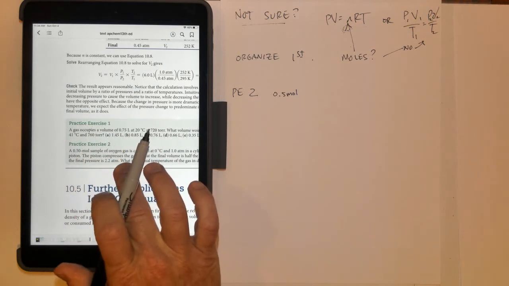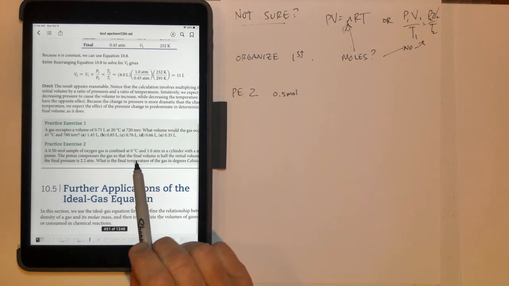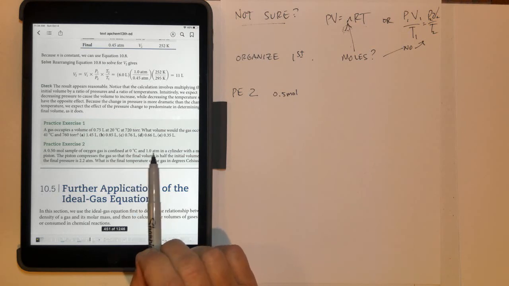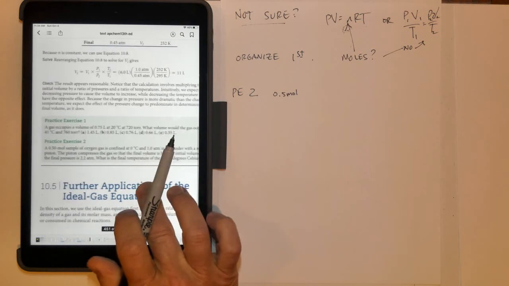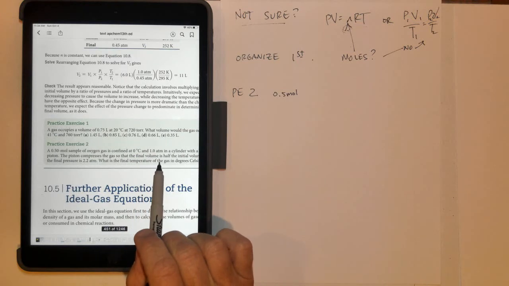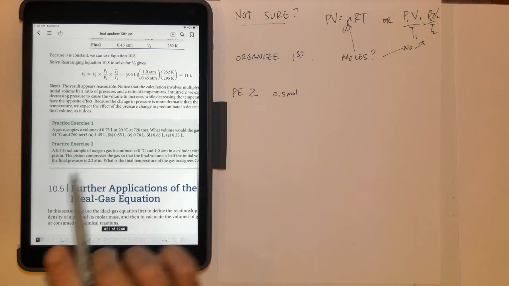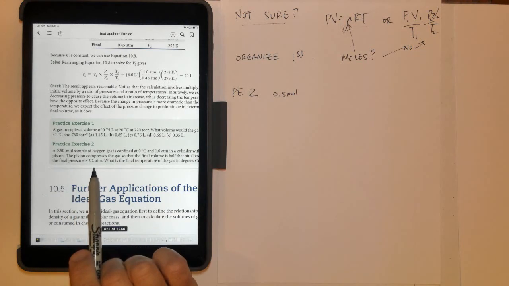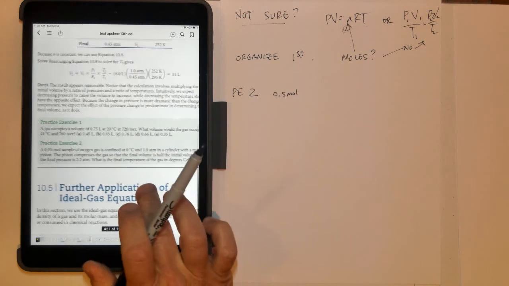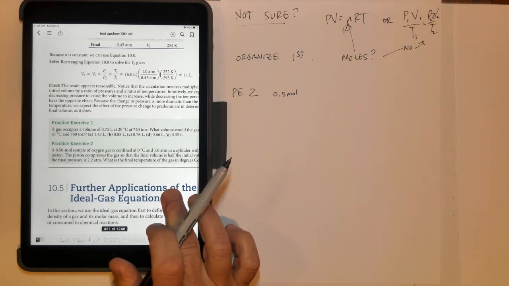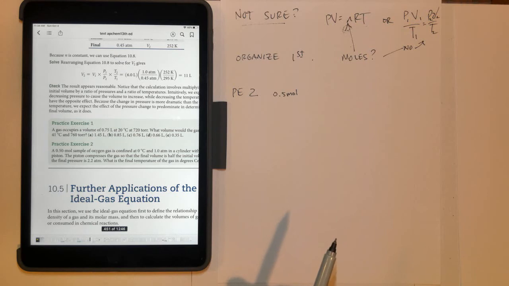The piston compresses the gas so that the final volume, hint, they're telling me a final volume, they told me it's a cylinder that has a final volume that's half of its initial volume, and the final pressure is 2.2 atmospheres. What is the final temperature of the gas in degrees Celsius? All right, so